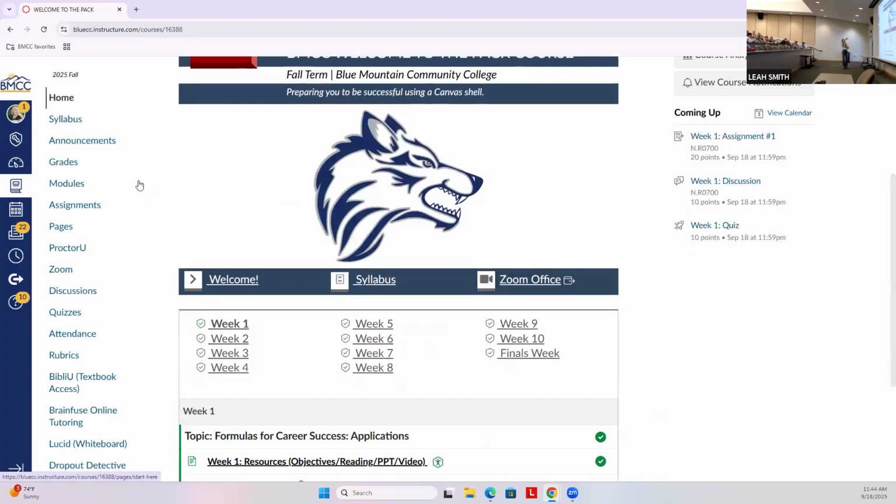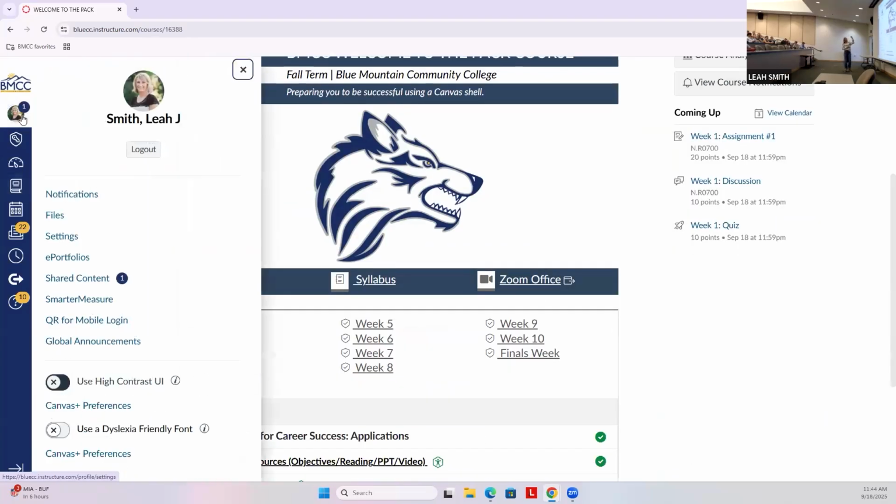Yeah, so go up to, you would have your picture, like a little account button, and go to settings. Did you use a QR code or did you have to log into Canvas? You see your picture or see, I want, oh, you're logged in? I think she just wants to review it. Okay. So click on settings.